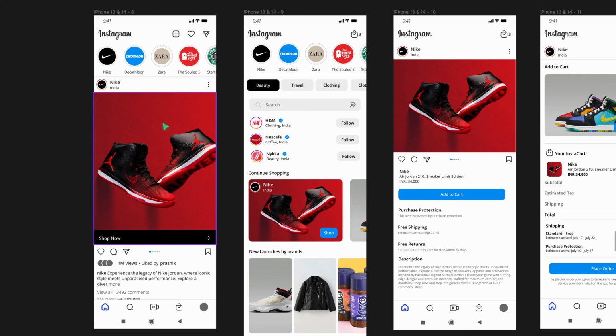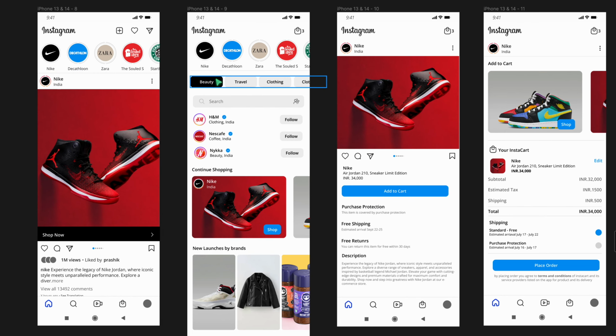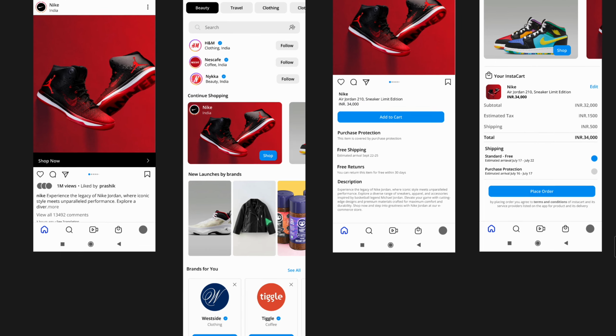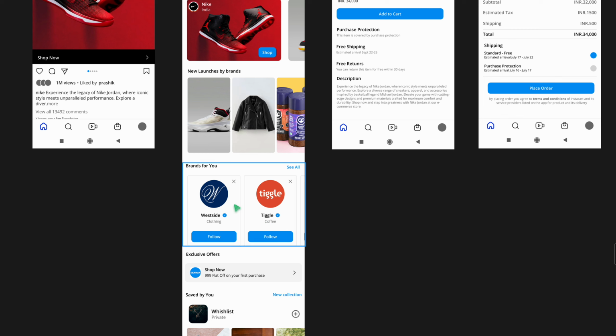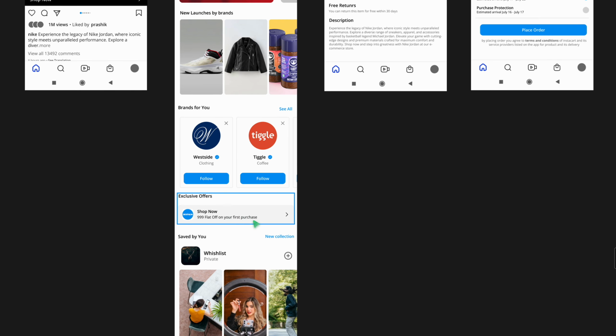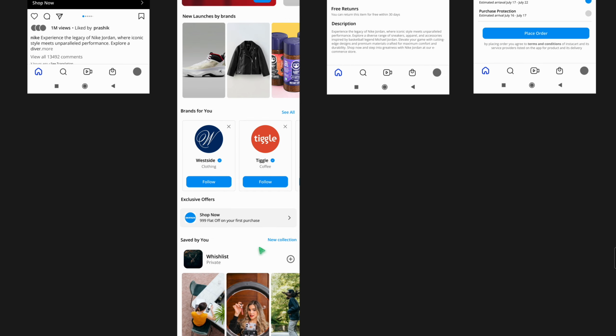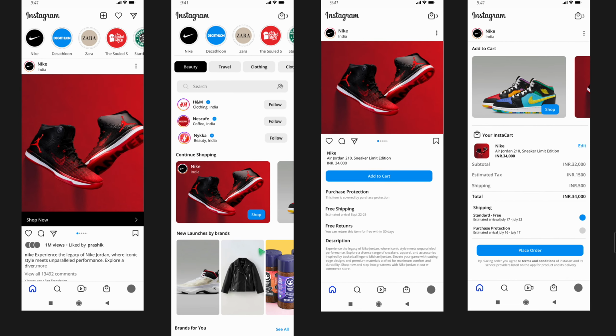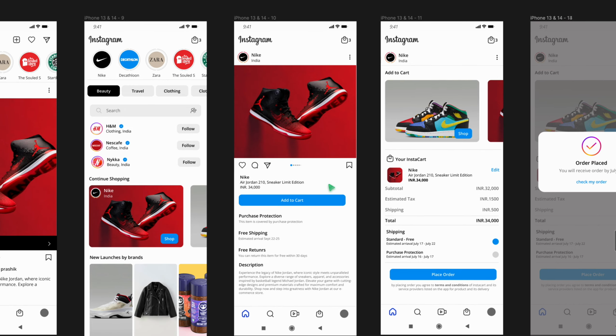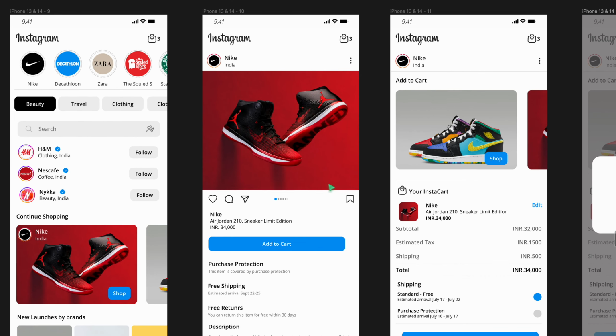So what I'm saying is, if I go to this Instacart option, I will be able to see this sort of a page. Here you can see H&M, Nescafe, Nike is what I am searching, right? These are suggested. Then there is continue shopping. Yes, I can of course shop. This is a carousel. Then new launches by brands, brands for you, exclusive offers for me, wish list, right? These are the things which we already discussed, and now this is in a much clearer format. Here again you can see,